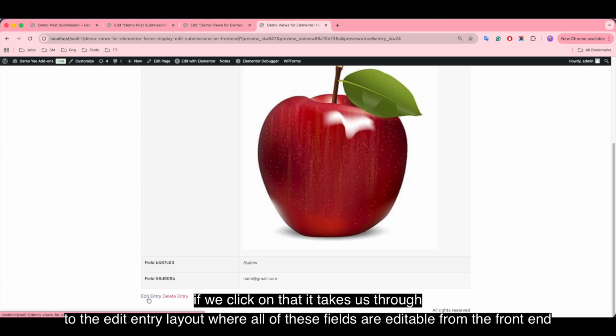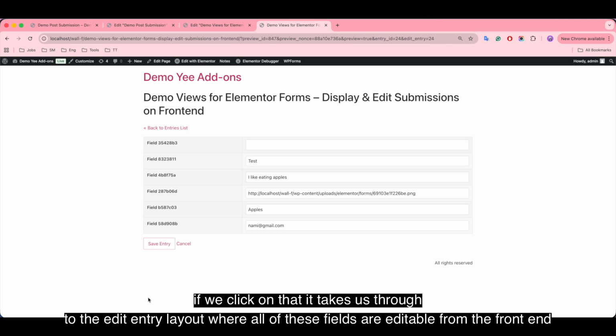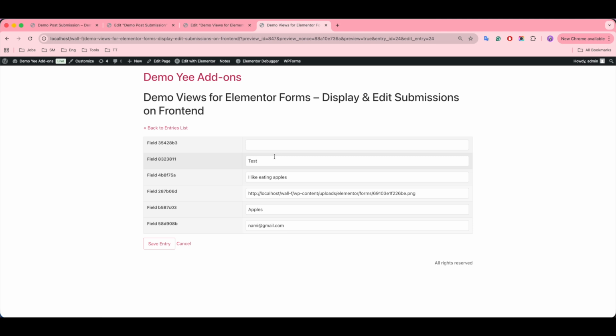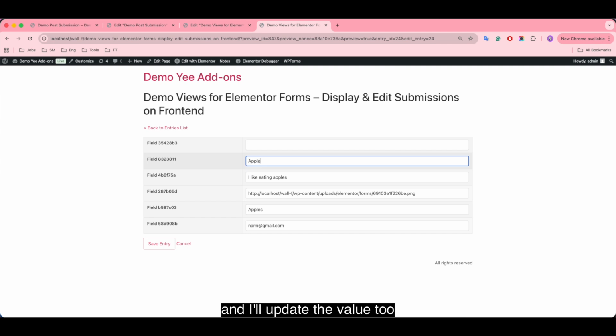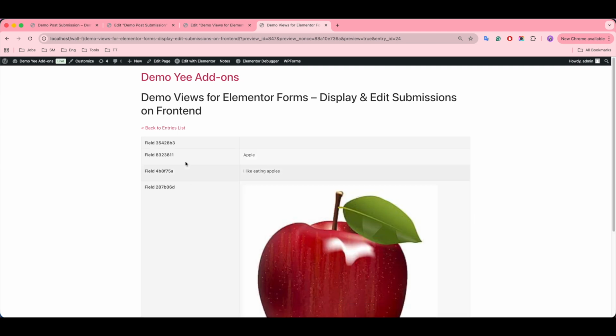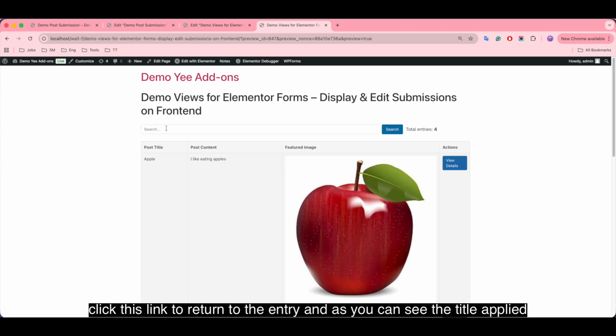If we click on that, it takes us through to the Edit Entry layout where all of these fields are editable from the front end. So let's change the title. And I'll update the value too. Click this link to return to the entry, and as you can see, the title applied.